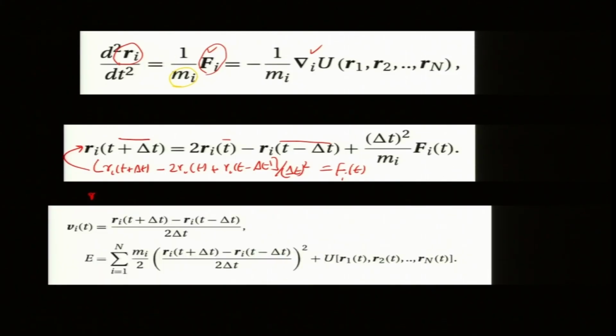So, you just need to do this, and you can also get the velocity field from the position, right. The position is second order accurate, and with the velocity you get kinetic energy plus potential energy. So, for this system the total energy must be conserved. There is no friction, so it should be conserved.